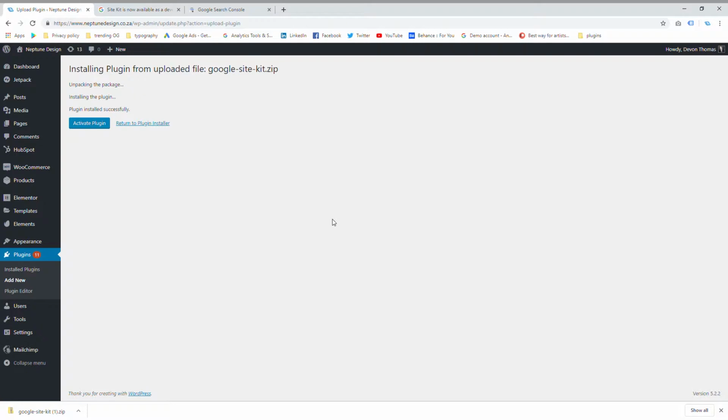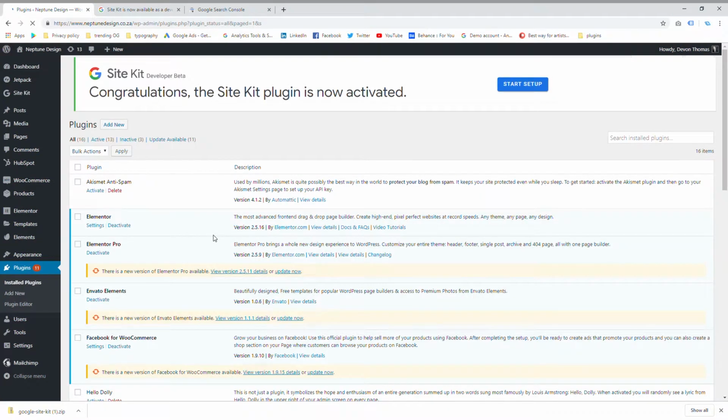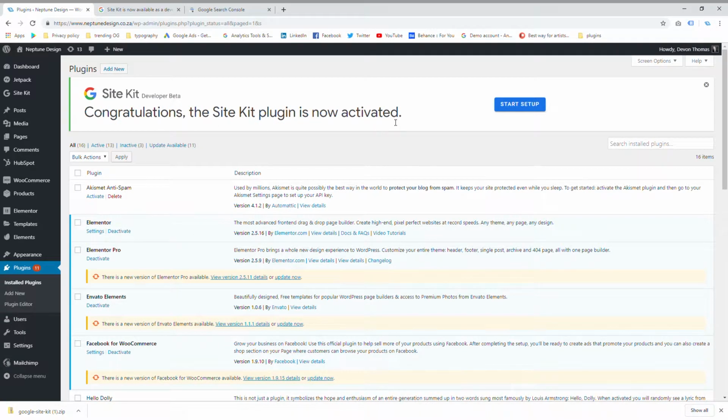Okay, so we are coming up to the last step. So you're going to click on the activate plugin button, and then as soon as you click on the activate plugin button, you will go to basically a setup menu where it says to use start setup. So I'm going to click on this blue button that says start setup,